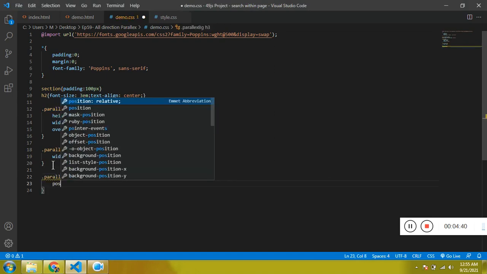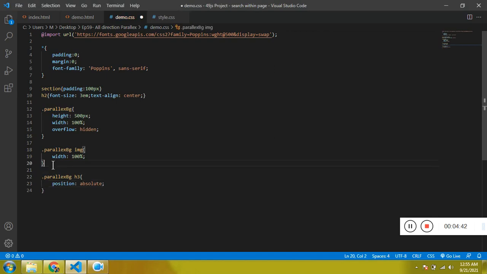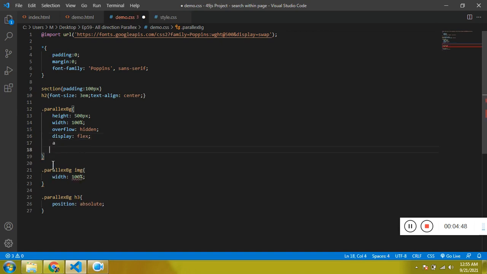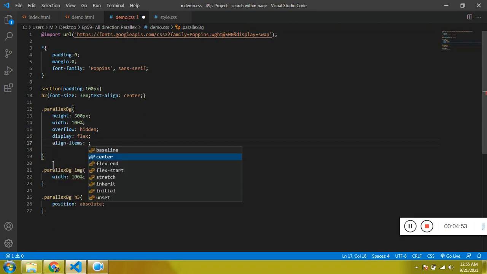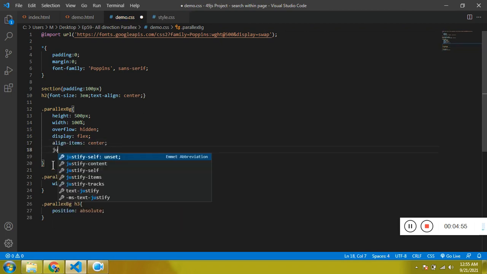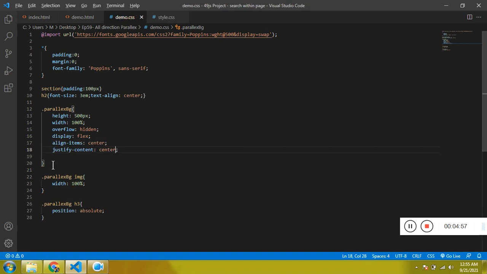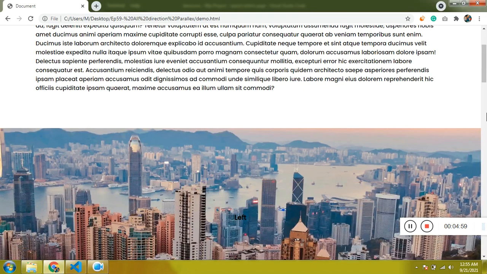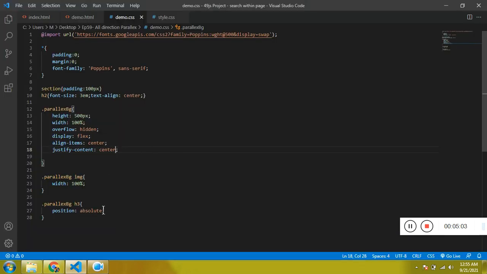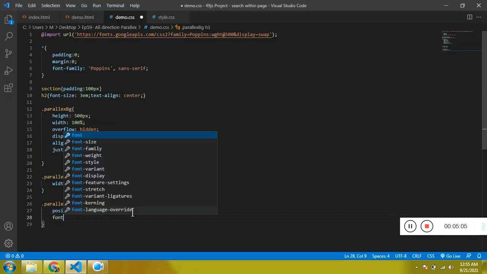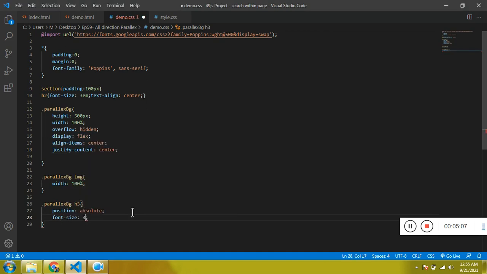First let's position it as absolute, then get into the container, and we'll use display flex, align-items center, so that we can place the h3 at the center of the div. Justify-content center. Now you can see it would be at the center of the image. It's there, but it's not visible. So let's increase the font size to 3em,